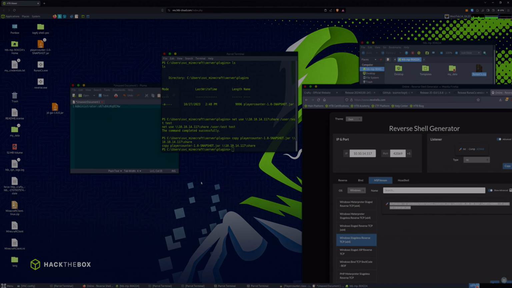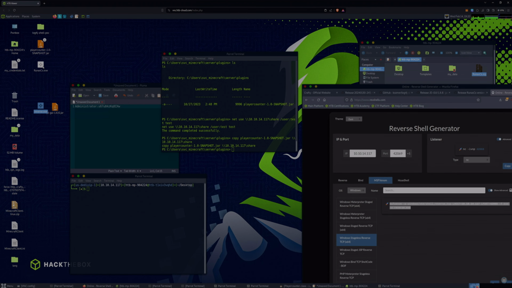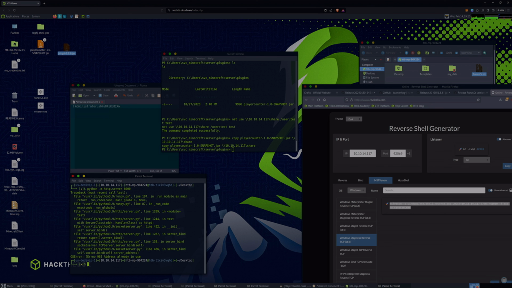Now one of the last things we need to do is transfer the reverse.exe and the RunasCs.exe to the Crafty host, Windows host. Easiest way to do this I've found is just make a simple Python server. 8000's in use because the log4j website is hosted on 8000. So now we will use Invoke-WebRequest, IWR, HTTP, enter our address, pass the port,